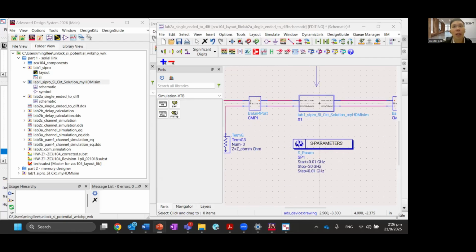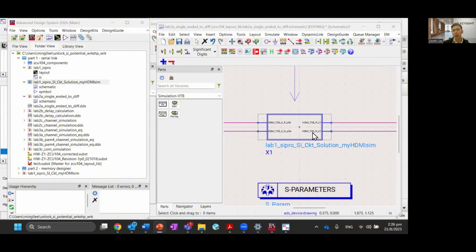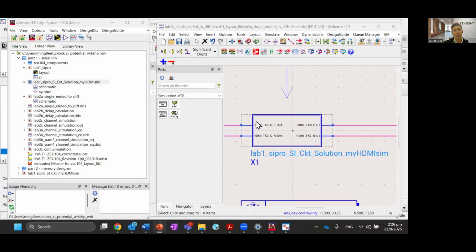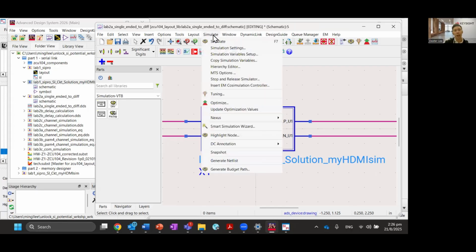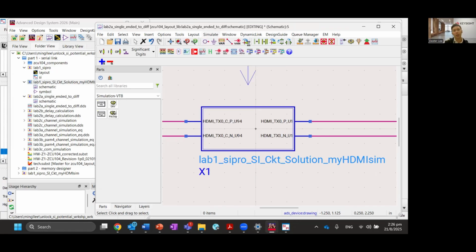Once you have successfully added in your SI Pro EM simulation results, we can now start to run the simulation. On the top bar, you should be able to see a gearbox simulate icon. This is one way to run the simulation. If you can see it, run it. If you cannot see it, no problem. There should be a simulate tab and there is a simulate button. That's another way. If not, press F7 on your keyboard and you are able to simulate as well. So if I run simulate,